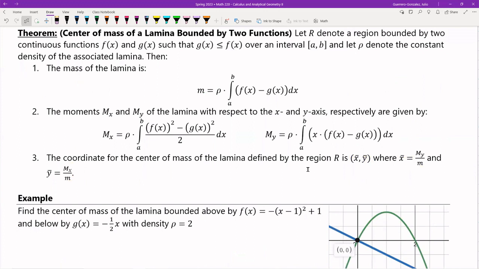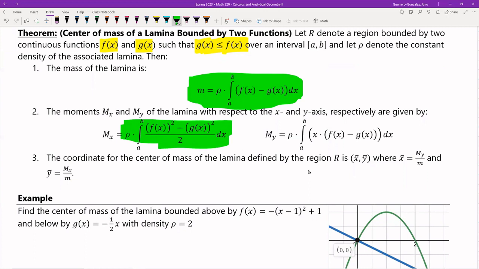Without going too far into the construction here, what I want to do is find the center of mass of laminas for a shape bounded by two functions. What I mean by that is you have an f of x and a g of x, where g of x is always less than f of x. I'm going to highlight them in green again. The total mass is going to be given by this thing. If you want to go through the construction, you're more than welcome to. It's not too different from what we just did with the equations above. The moment with respect to the x-axis is given by this. The moment with respect to the y-axis is given by this,